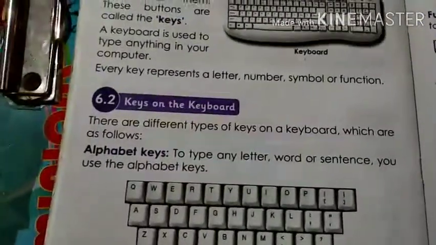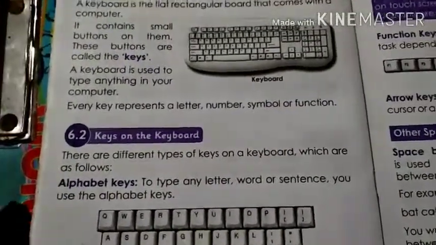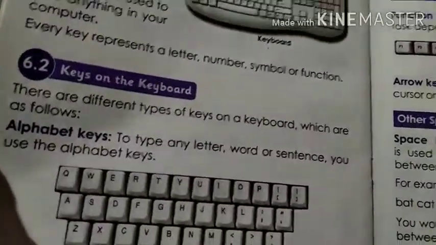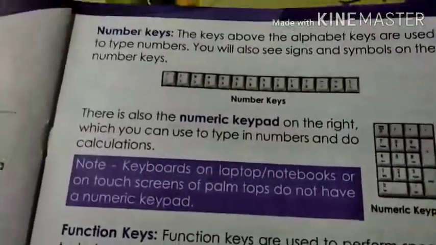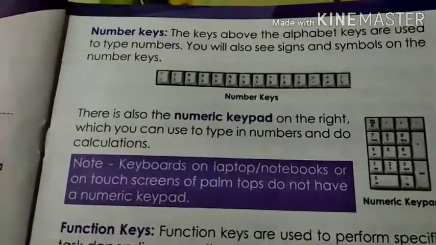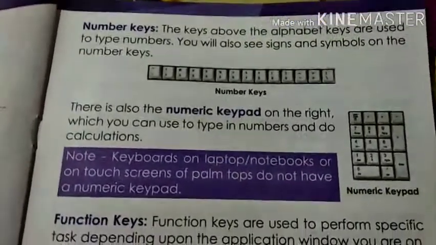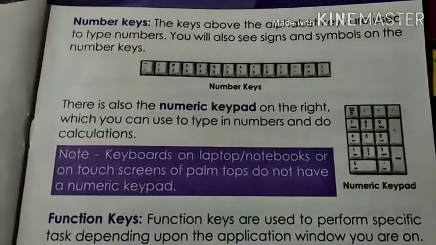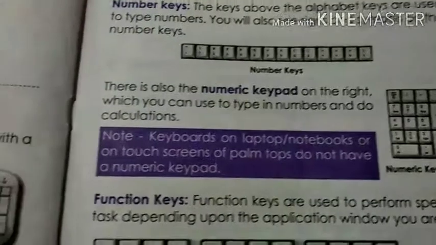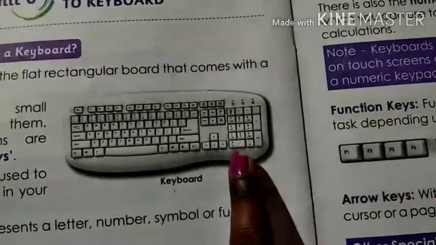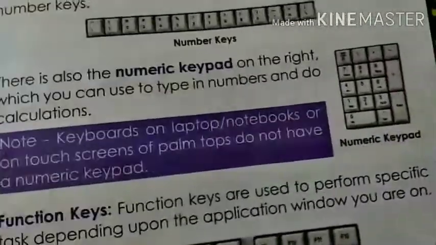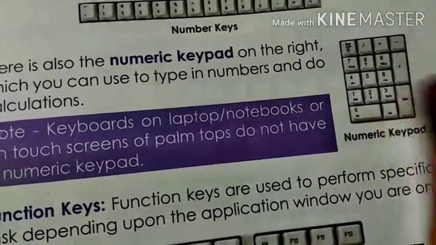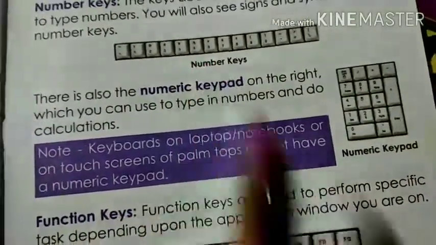Next we learned about alphabet keys, that are A to Z keys, which help us to type letters, words or sentences. Next we learned about number keys, which help us to type 0 to 9 numbers. On a desktop or personal computer, we have 2 sets of number keys. One is the second row on the keyboard and another one is on your right hand side in the corner. Okay, but these keys will not be there on the laptop. On a laptop you will find only this kind of keys.